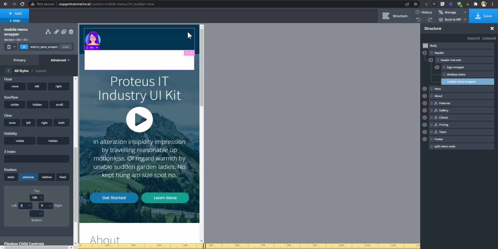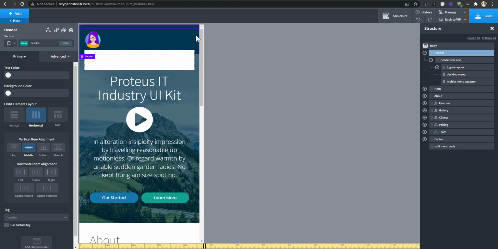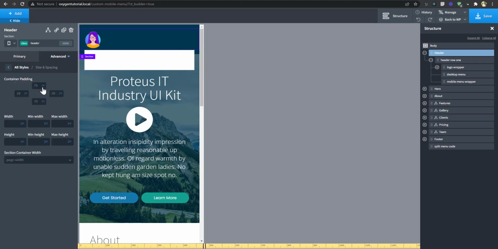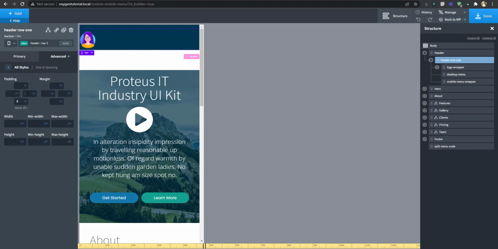All right, now it appears our row doesn't go all the way to the end, and that's probably because the header has some padding on it. So I'm going to take away the padding from the header, and set that padding on the row instead, so we can have 620.